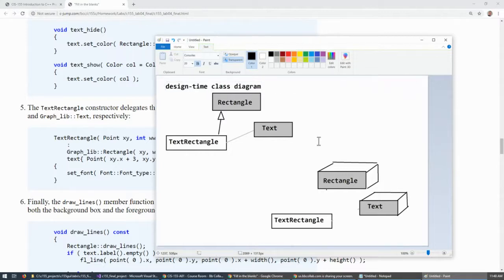And on this side is a runtime view, as if we were able to see what's happening inside computer memory, right? We would have the rectangle object and the text object, which come from the memory, but the text rectangle, okay, so